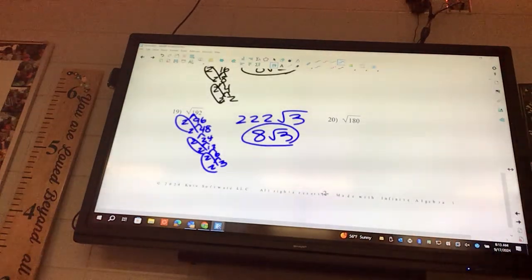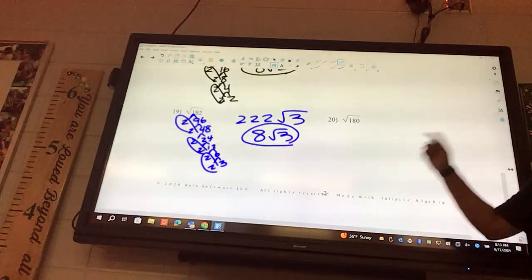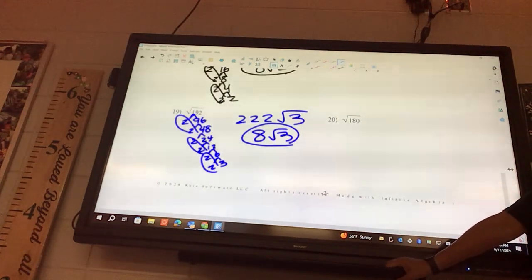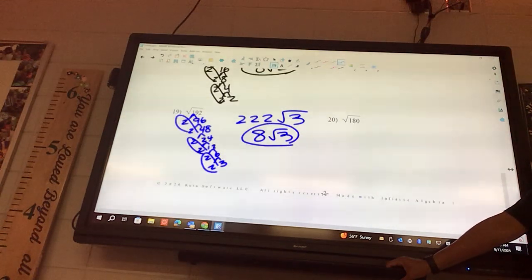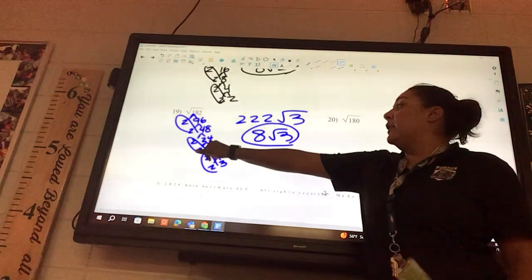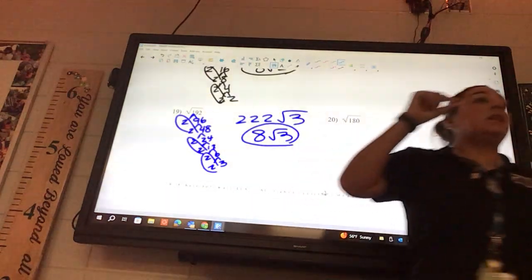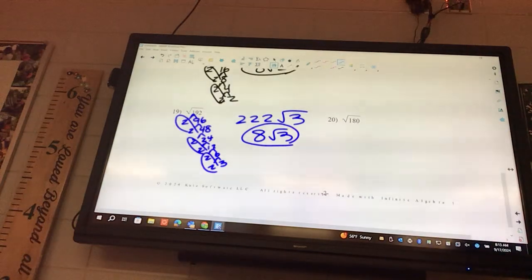Okay, you guys got 10 to do on your own. A couple things. If there's no number on the outside, no baby number, what number is there? It's a 2, okay? And then what are the only numbers you are allowed to circle and group? 2, 3, 5, and 7. So we cannot put a 12 somewhere up here. We cannot put a 6 when we're placing things. We can only go to Walmart if we are a 2, 3, 5, or 7. Okay, so you guys got 10 to do. Go through and